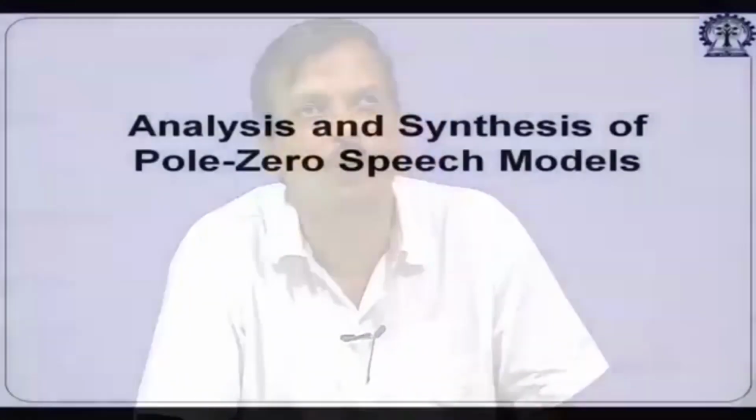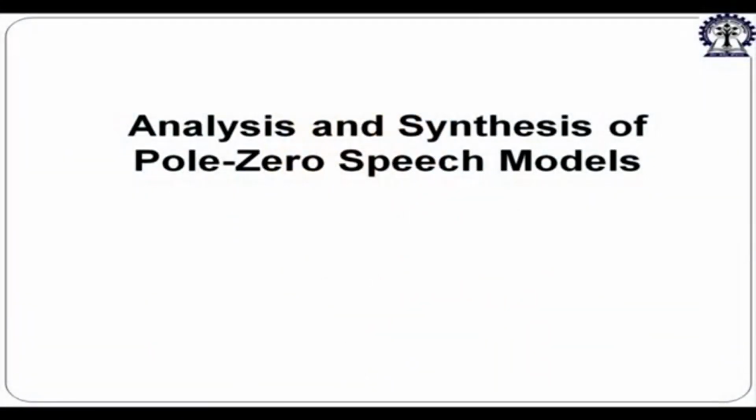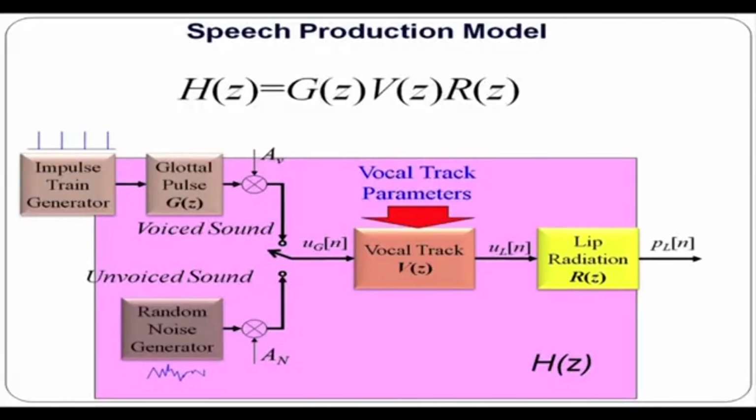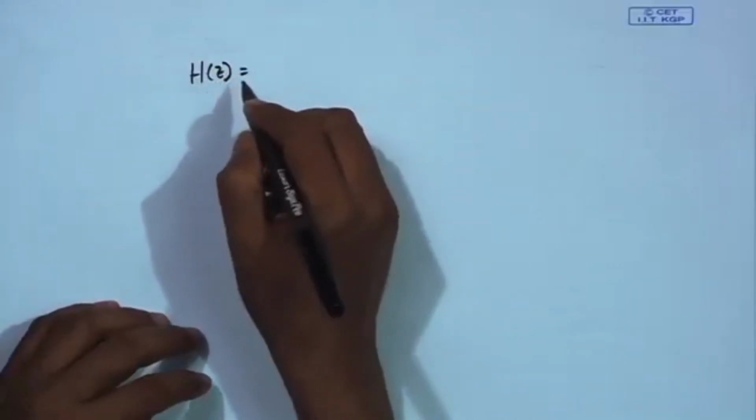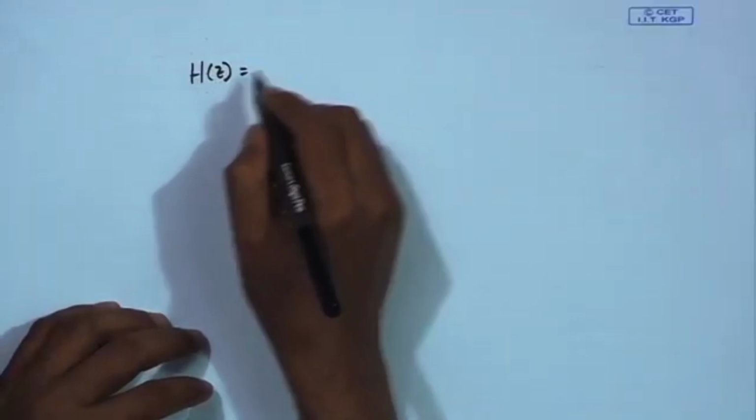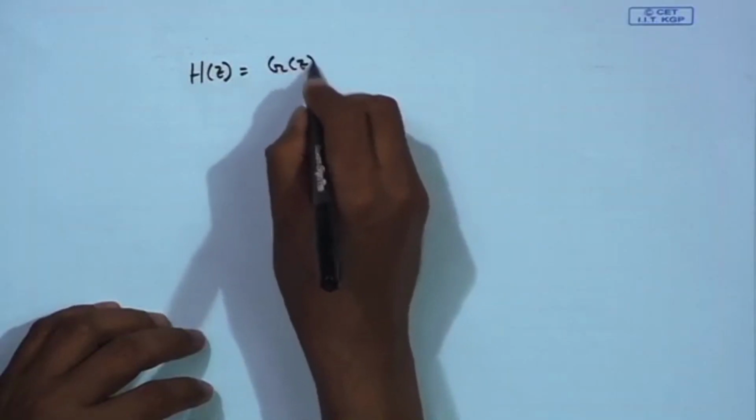Okay. So, let us start with the new chapter, which is called analysis synthesis of the pole-zero model. Basically, here we are dealing with LPC analysis and LPC synthesis. If you see in the speech production system, as per the discussion there, H(z) is the transfer function of the speech production system, which is nothing but the G(z) glottal